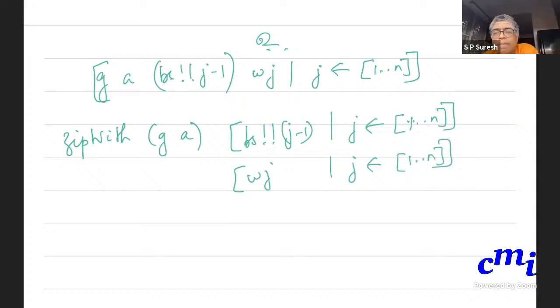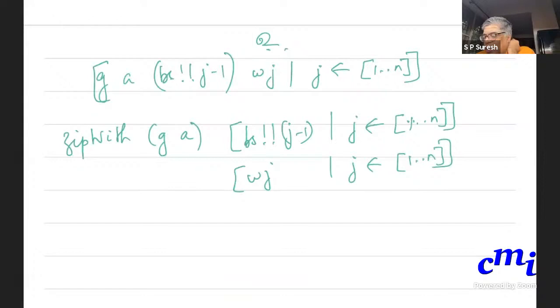Is this clear? Yeah, because if you evaluate this, you will get that. Is this equation clear? I didn't understand how we are using it. What if you do zipWith of this, then what will you get? You will get GA, BS, J minus 1, WJ.